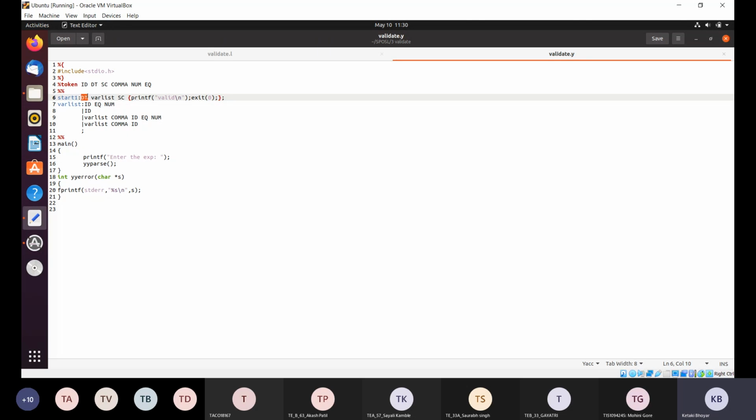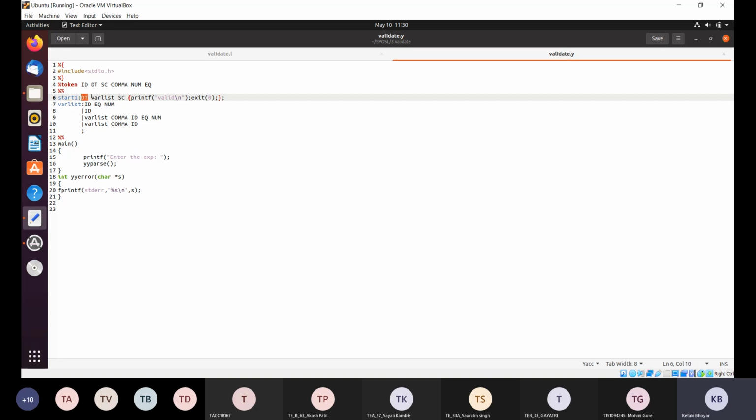So the basic thing is that first there should always be a data type. If you directly write a semicolon, that will be invalid, right? And in this program we are dealing with valid declarations only. The invalid case we have not handled here. So if you want, you can give the else part and display a message for the invalid condition.